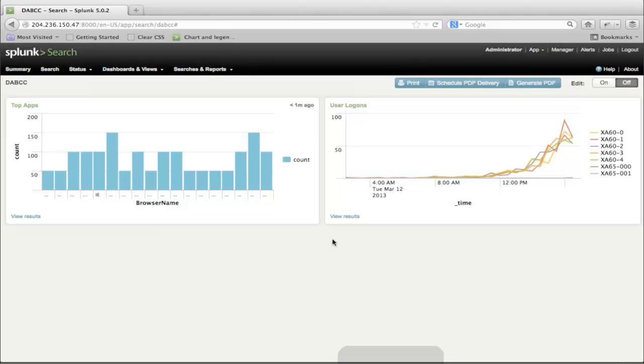So now, if we go back and start to think about that mission statement again, we made our machine data accessible by being able to search it, and now it's a little bit more usable and valuable by being able to do these visualizations on top of the data. Where it really gets valuable, as we'll see in a minute, is where we start correlating different types of data.